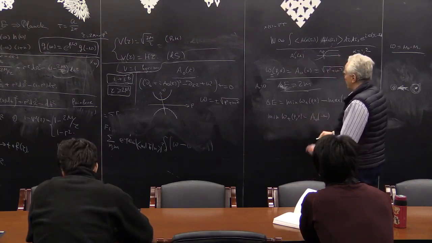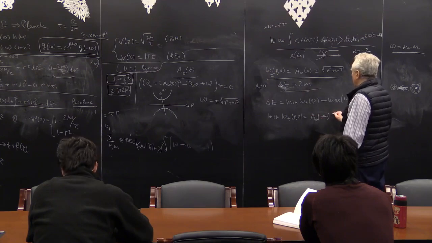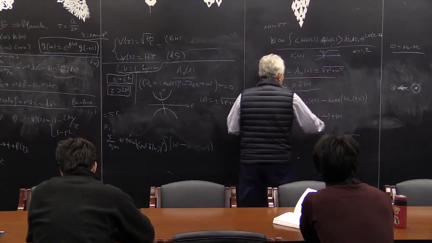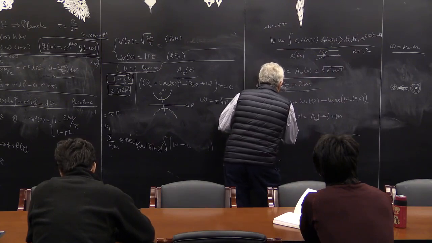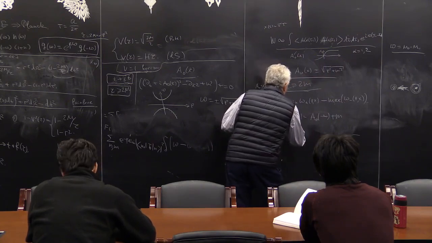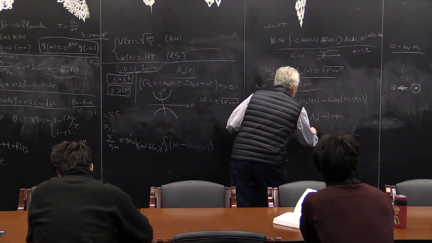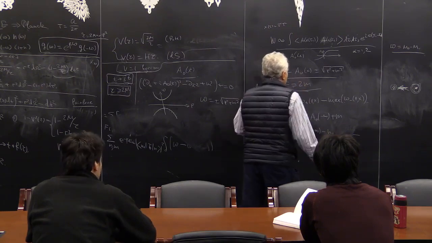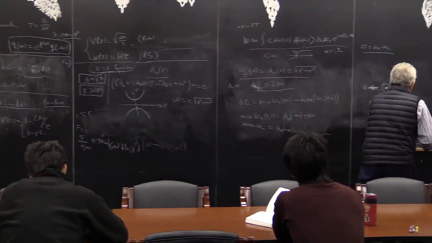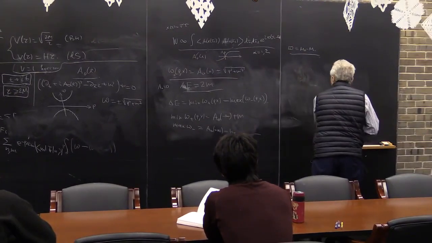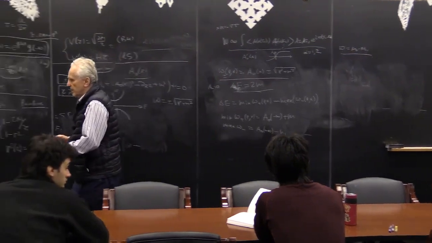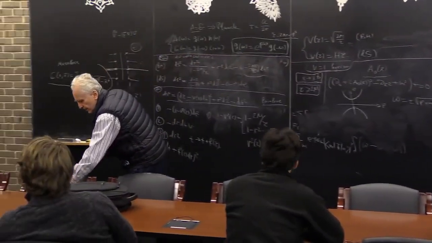We want the minimal value of this plus m. And the max of omega minus will be A0 at plus infinity minus m. So we see that delta E is actually negative